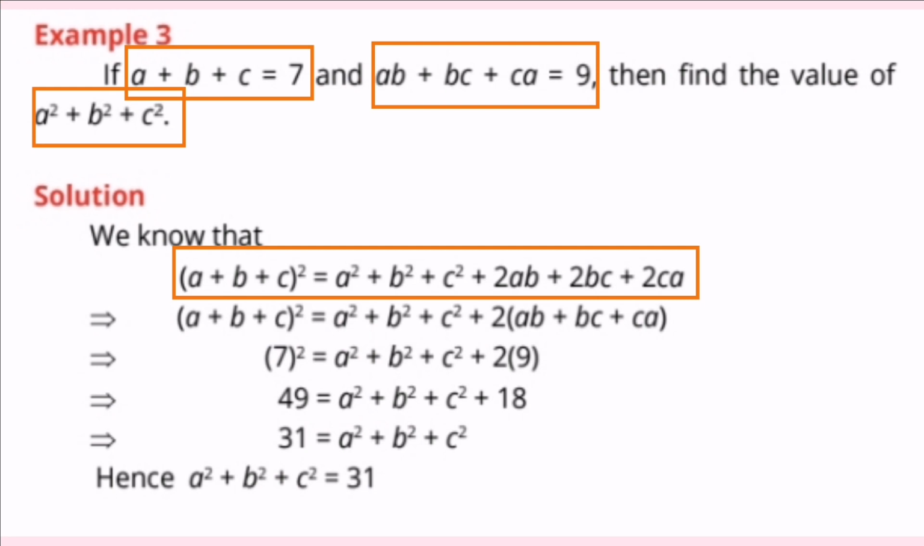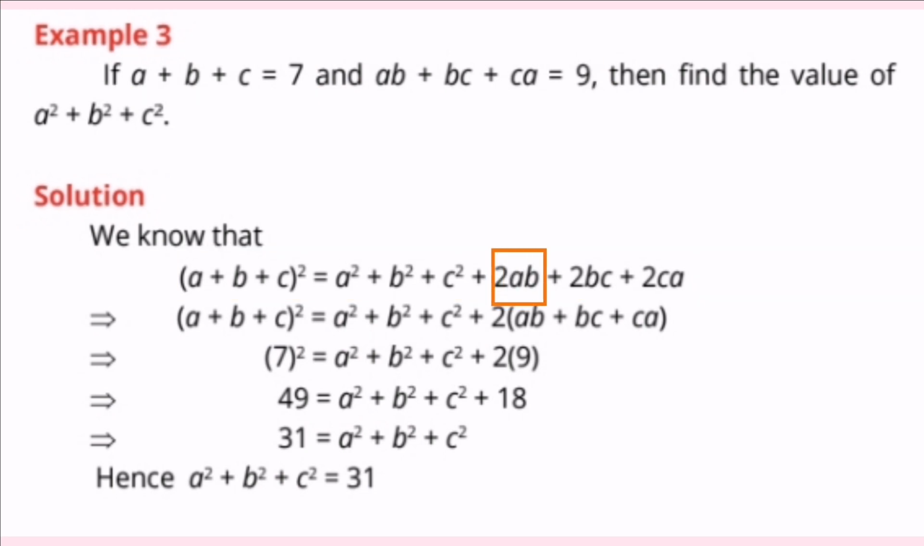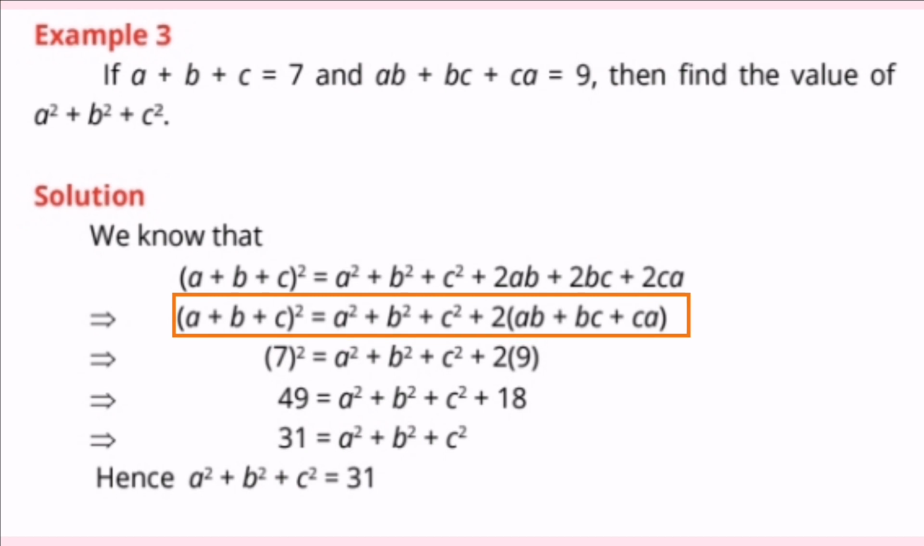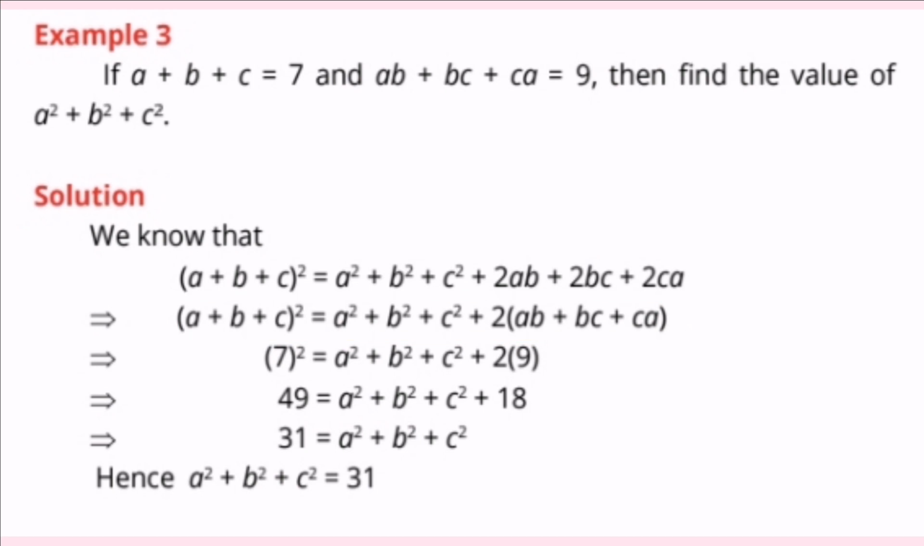Now, taking two common from the last three terms, 2ab plus 2bc plus 2ca, the formula becomes (a plus b plus c) whole square is equal to a square plus b square plus c square plus 2 times (ab plus bc plus ca). Now, putting the value of a plus b plus c, which is equal to 7, and the value of ab plus bc plus ca, which is equal to 9. So this becomes 7 whole square is equal to a square plus b square plus c square plus 2 times 9. So 2 multiplied by 9 becomes 18,